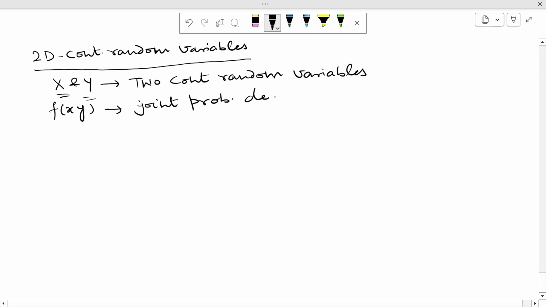So this function, which is defined in terms of the random variables x and y, needs to satisfy